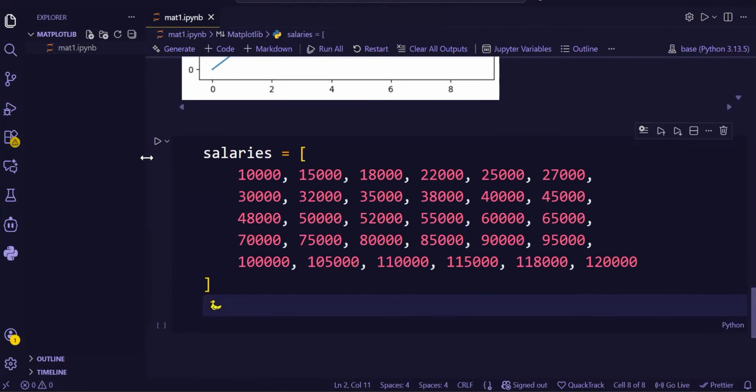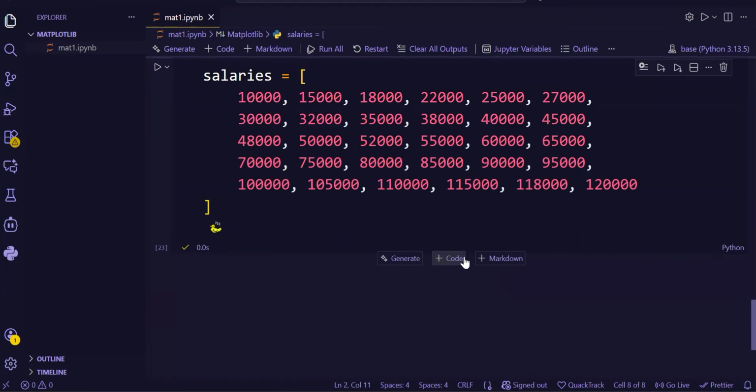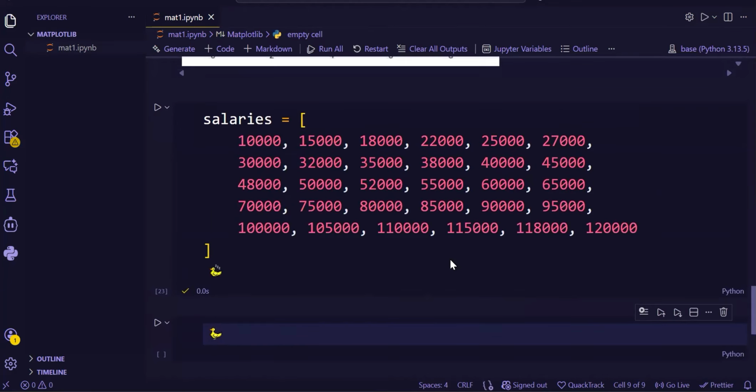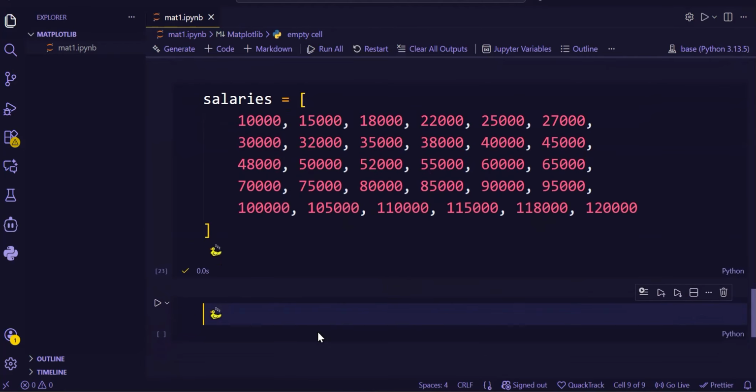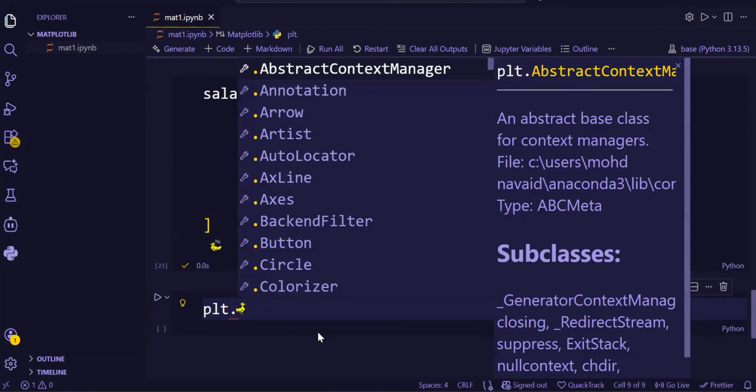Okay, so these are the salaries. Let's execute it. Okay, it has executed. Now what I will do on these salaries, I will plot the graph. So can you please tell me how to plot the graph? We have already imported the Matplotlib library as plt. So here I will write plt dot,